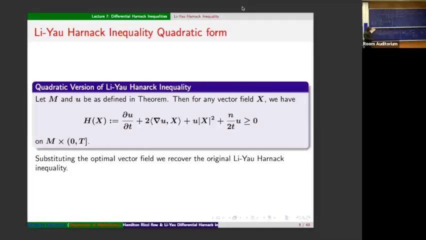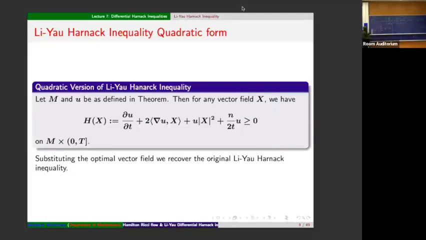In fact, if you take an optimal vector field and substitute it in place of X, you will get this Li-Yau Harnack inequality. Let's quickly show that. If you have an optimal X equals minus gradient of u over u,